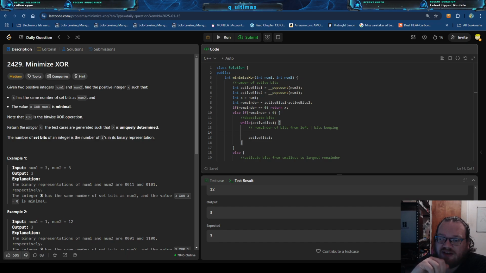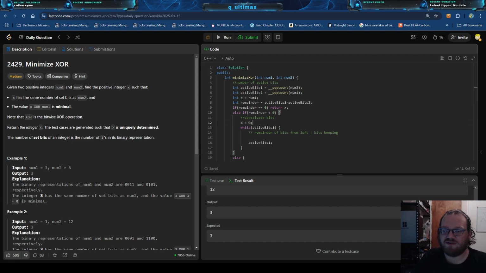And then we can set it to X, right? Or we can just say, if this is true, we can just go X equals 0, because we still have num1, right? Okay, and then we